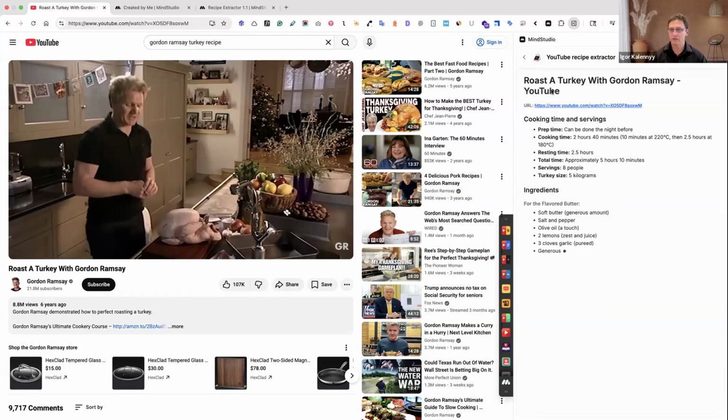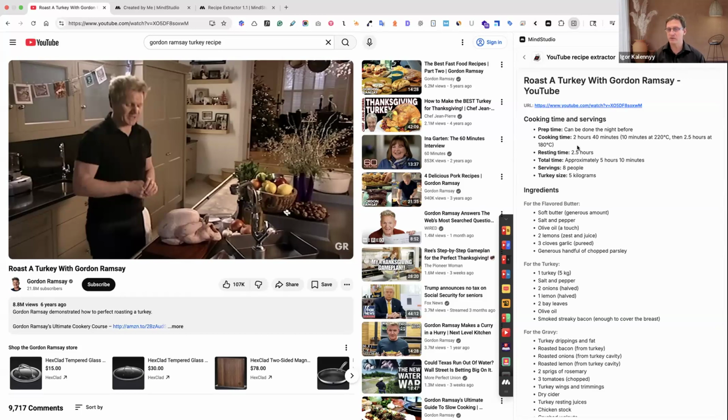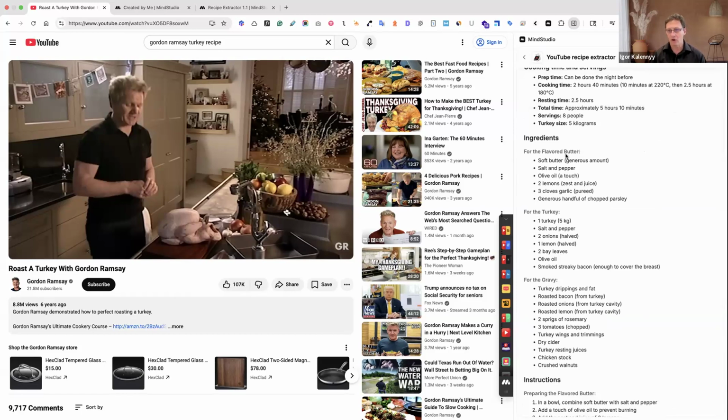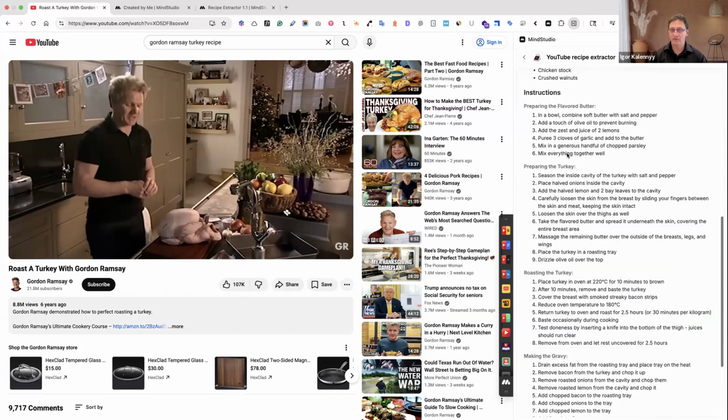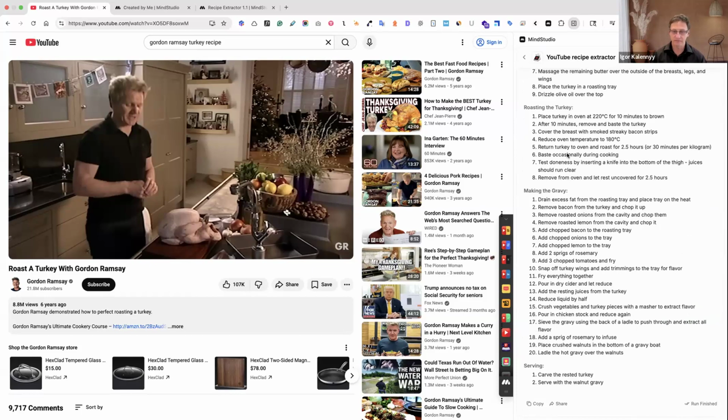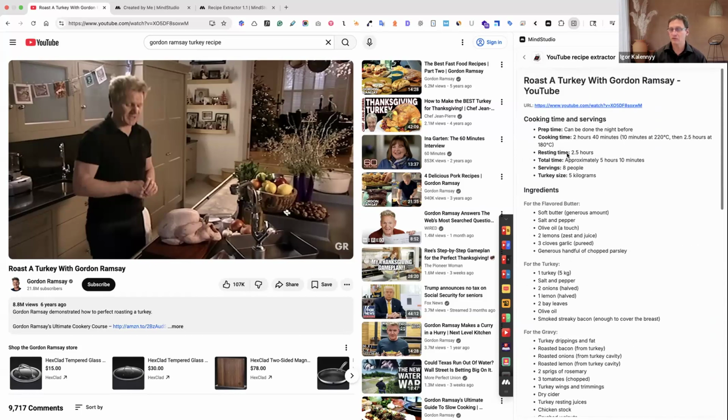Voila. So it created the caption, like the main title, and put the URL underneath. And notice we didn't give it specific instructions, only general. And it understood that there are different categories of ingredients and then different categories of instructions based on what you're preparing. Simple as that. So just like with the previous agents, small instructions can produce powerful output. And I think that's it. If you have any questions, put those in the chat.